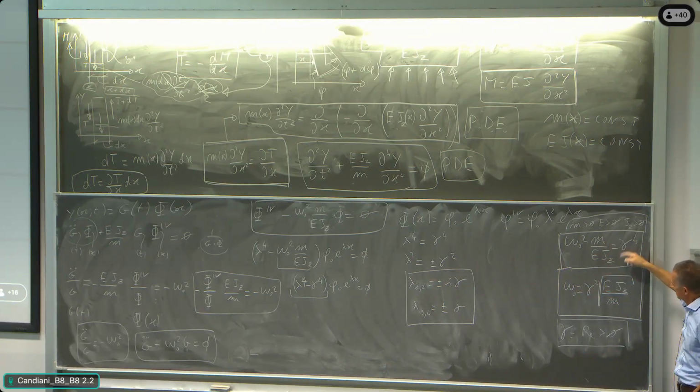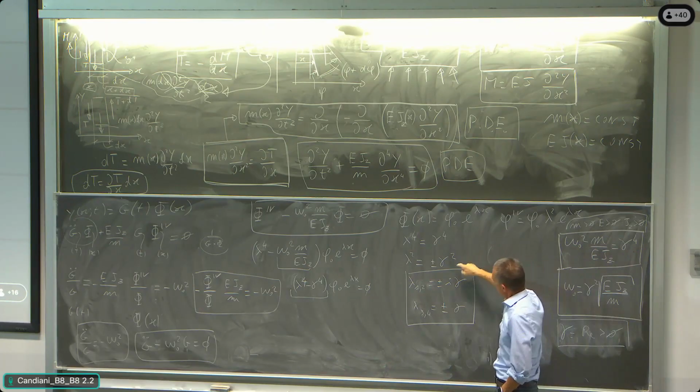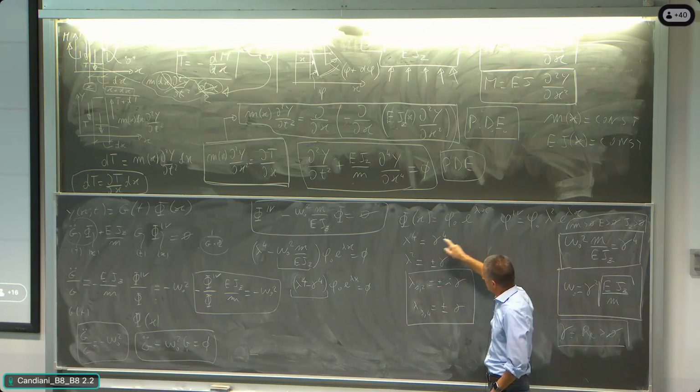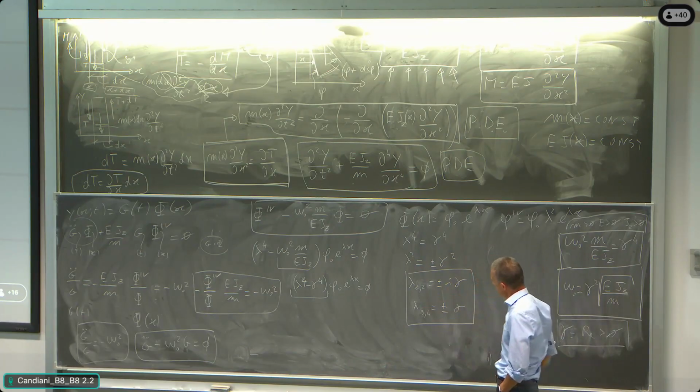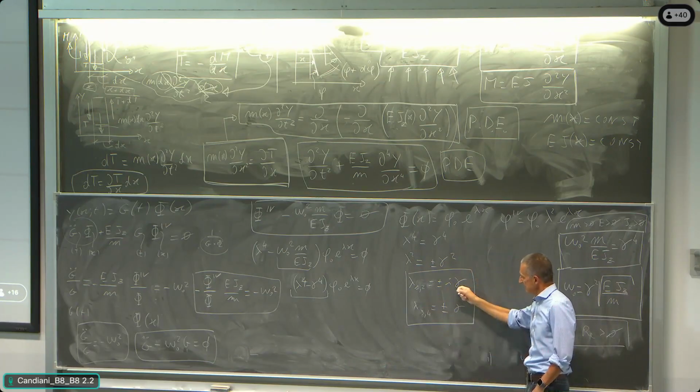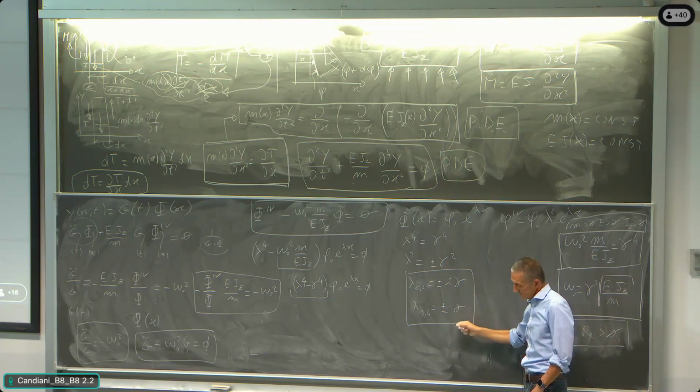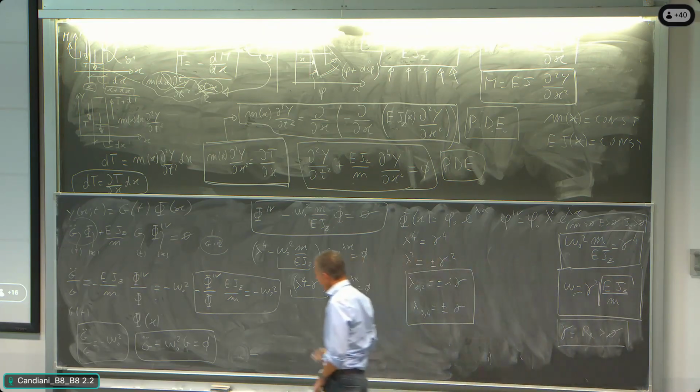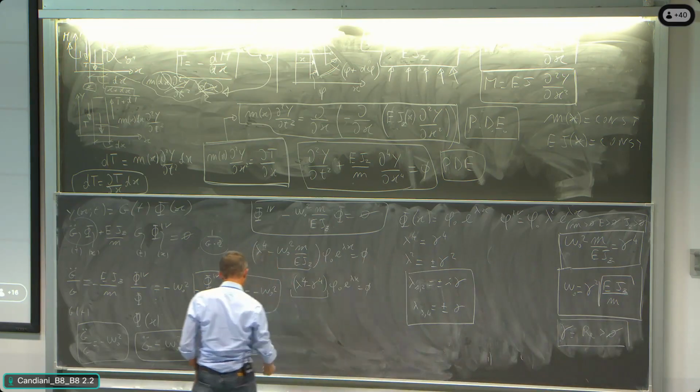Okay, then we come back to the mechanical quantity. By now we are just using gamma. Okay, and so lambda 4 equal gamma 4. It means that lambda square is equal to plus minus gamma square, and so the 4 roots are the 2 imaginary numbers plus minus i gamma, and the 2 real numbers plus minus gamma. So that finally the solution is